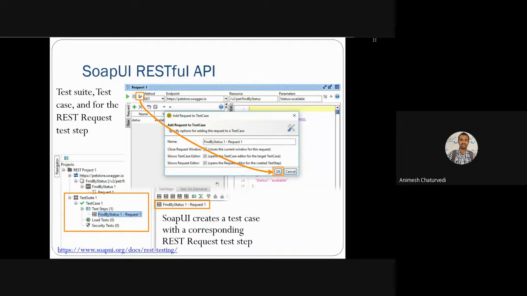So I hope you go and try this SOAP UI framework, download and install it on your computer, and then start testing some of the available web services, which could be SOAP based or RESTful based.